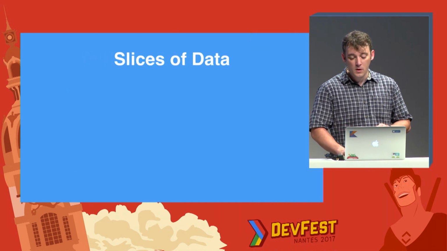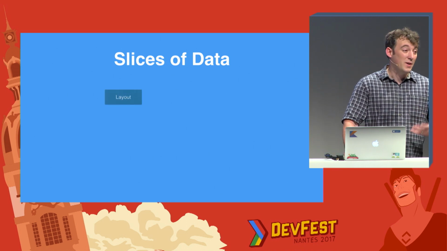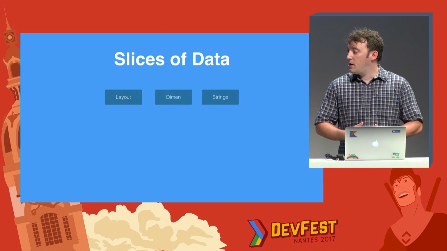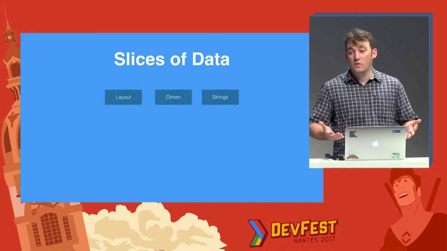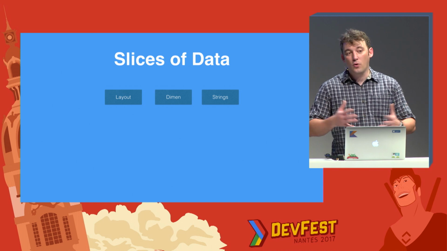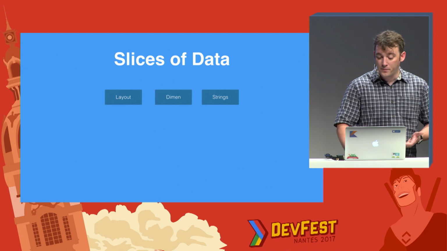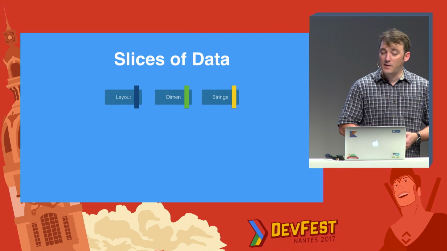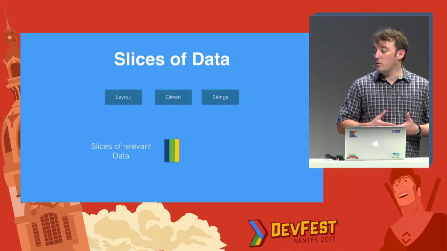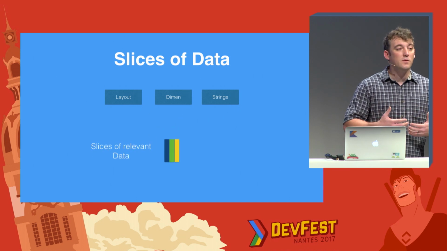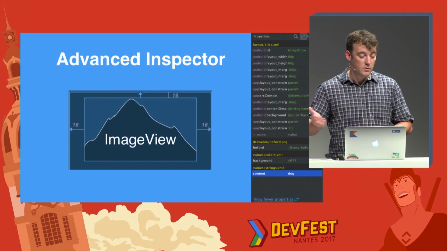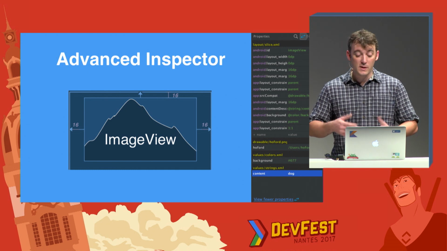And finally, in Android Studio 3.0, we introduced a new mode that functions a little bit differently for the inspector. So the idea is that, in general, for your layout, you don't have just one layout file, right? You have dimens and strings and stuff like that. And in fact, your layout is more like the intersection of all those files rather than one single file. So ideally, you'd like to gather everything in one place to really look at what's going on in your layout. And this new mode in the inspector basically allows you to do exactly that.